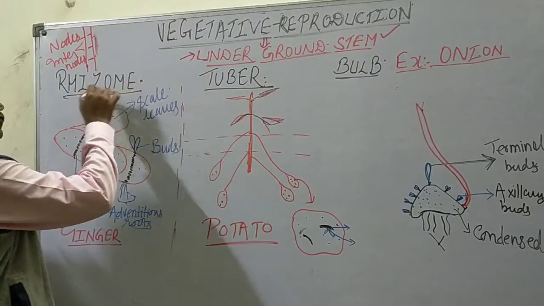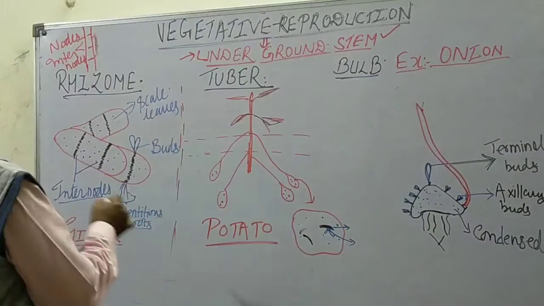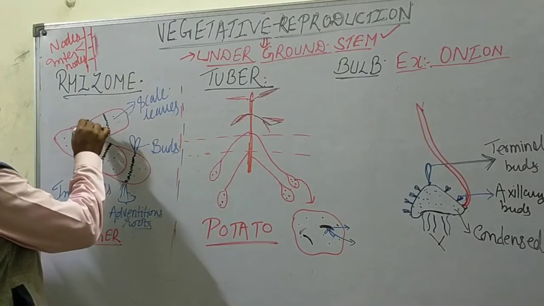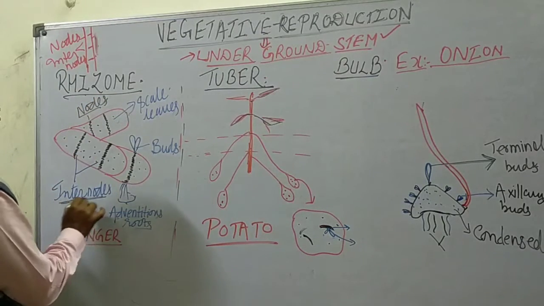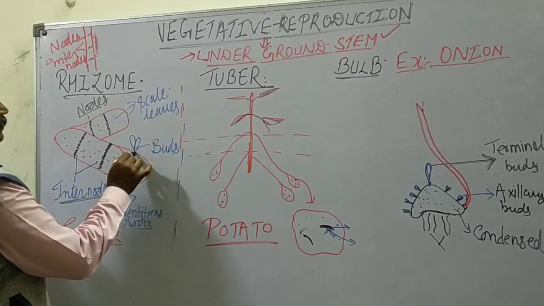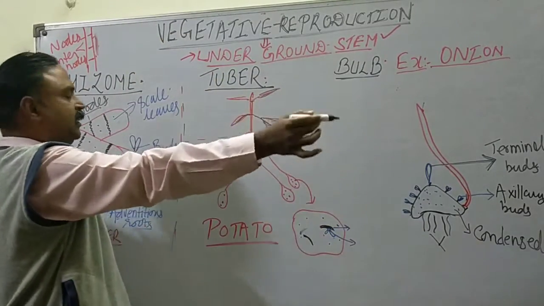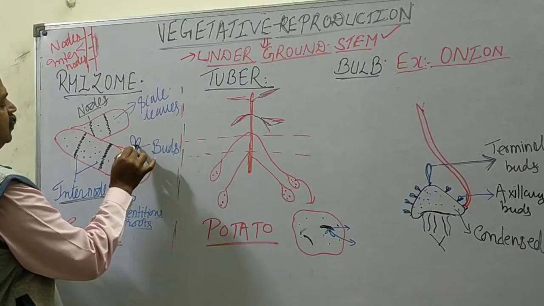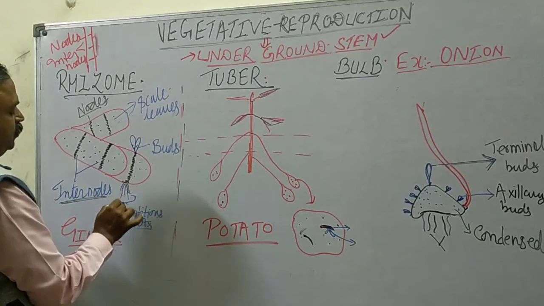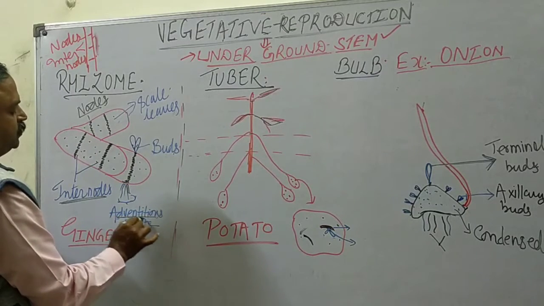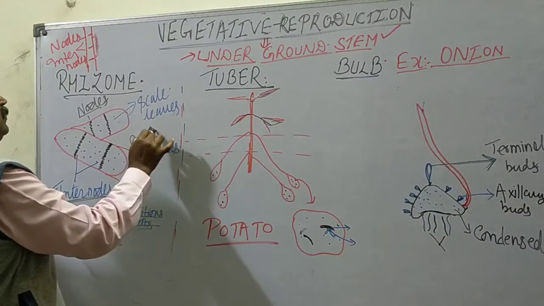We can prove that ginger is not a root but a rhizome, that is a stem, because it has nodes. These are nodes. And so they have internodes also. Similarly, the node gives rise to buds, and the bud gives rise to the branches and leaves. Similarly, they have buds on their nodes, and from the lower surface of the node, they strike adventitious roots. And these buds ultimately develop into a new individual.